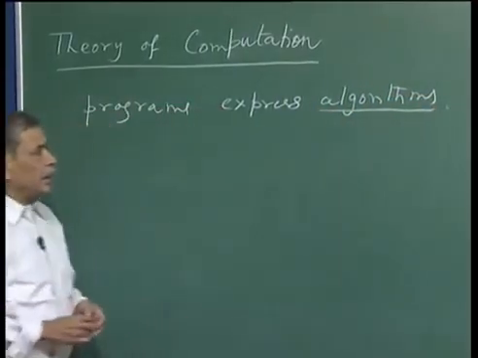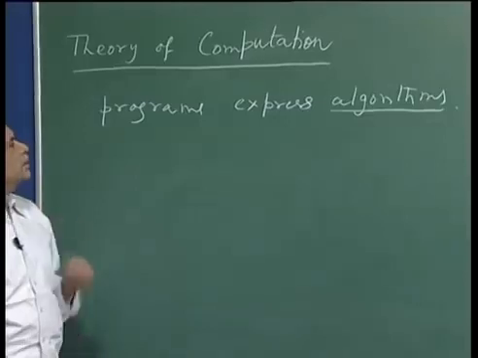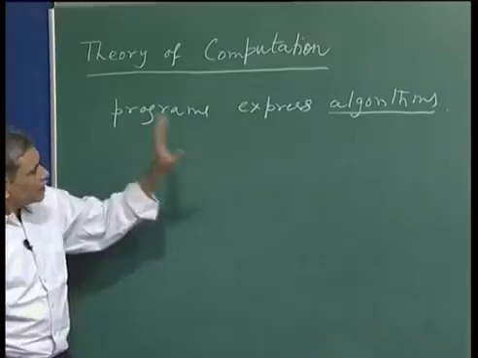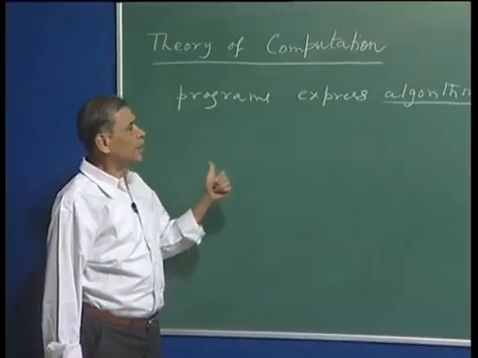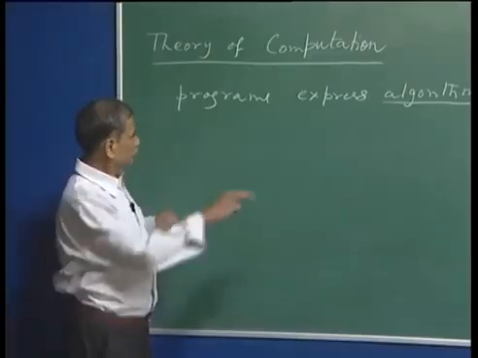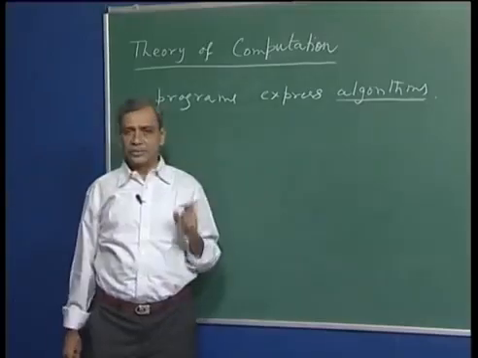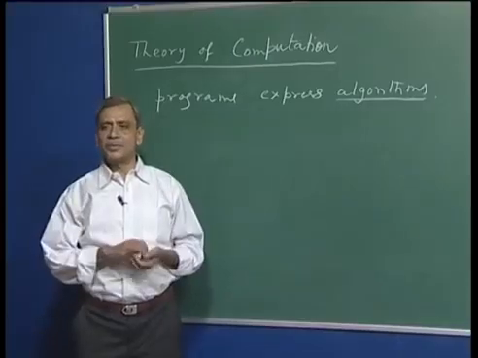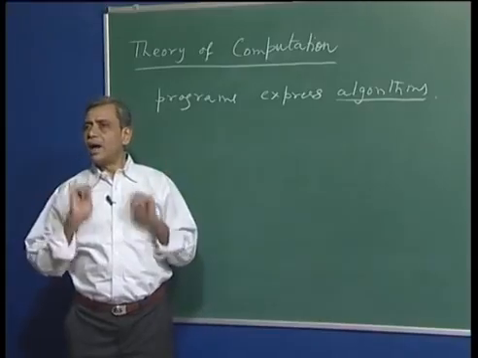And you see, already we are making an abstraction in this, that we are saying that programs express algorithms. So, a more fundamental notion than program is the notion of an algorithm. So, going back again, what we can say is that our theory is about the theory of algorithms. Right? Theory of computation, theory of programs, theory of algorithms, all more or less denote the same thing in our context.